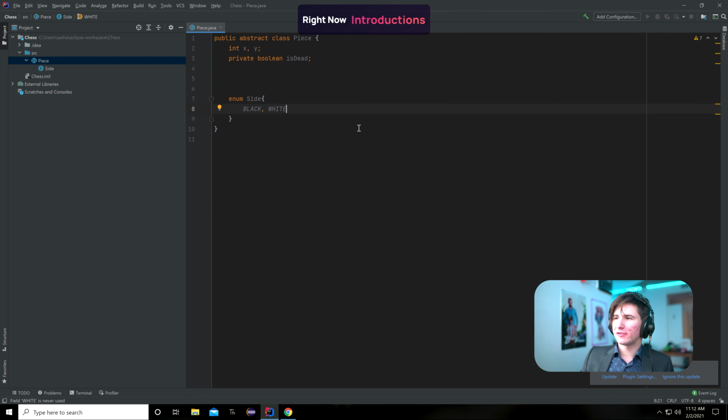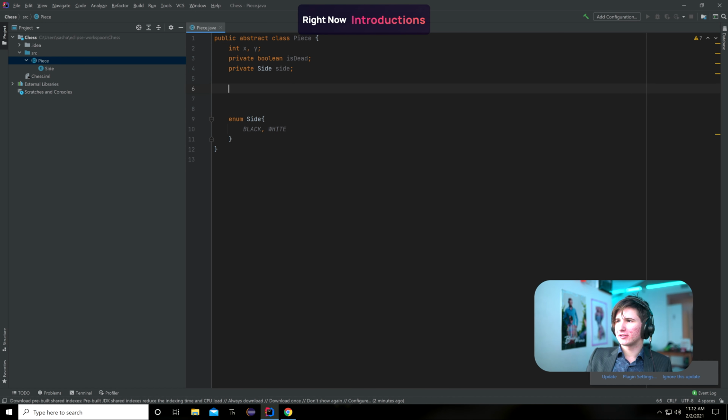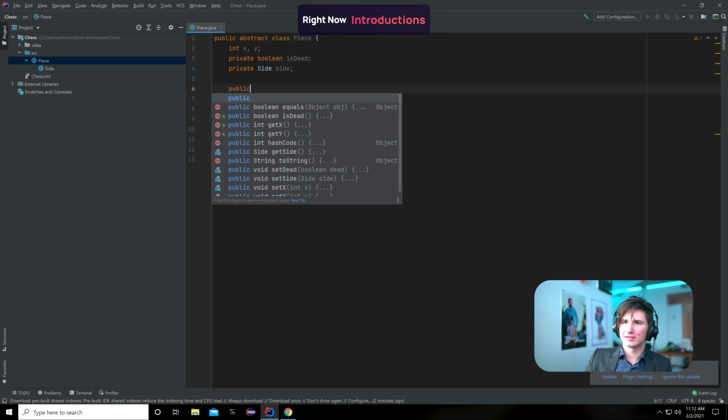Okay, now the size is a little bit bigger. Now we've got an enum for our side here, and again, we can create this inside of our class, so that makes our life just a little bit easier. And I can also now put, let's say, a private side. Now we've got our various pieces, parts, and we can even have a constructor, because this is an abstract class. It's just like a normal class, so we can say public